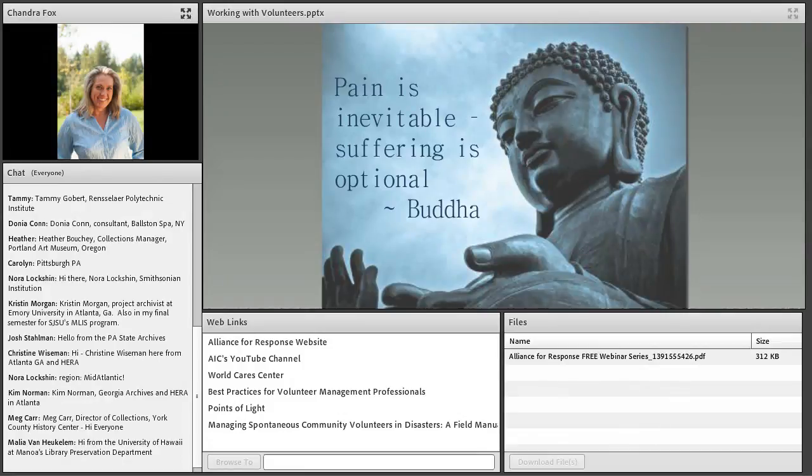So finally, pain is inevitable, suffering is optional. And I love this quote for a lot of reasons, but mostly because so much of everything we do, everything we struggle with, is actually a choice. And so the thought that I want to leave you with is that this, working with volunteers,